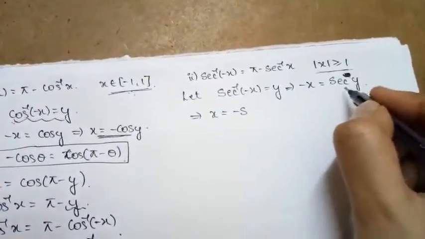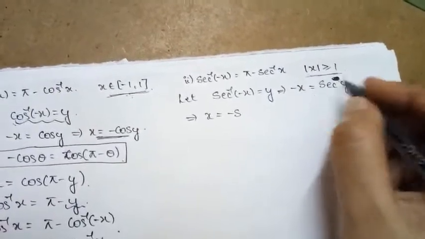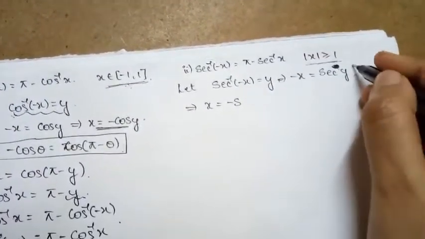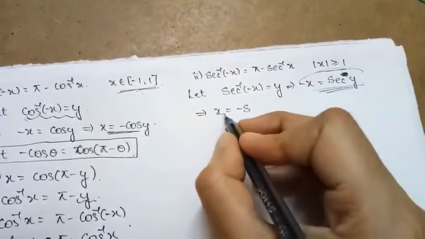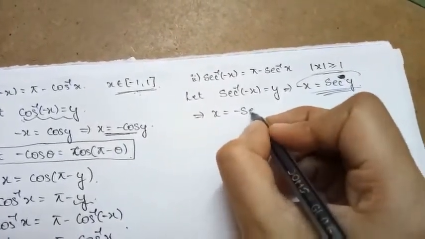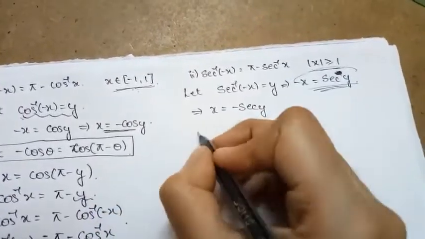Like this, a mistake might happen for you also while solving. Be careful to avoid this mistake. So minus x is equal to secant y. So x is equal to minus secant y. And what we know is that